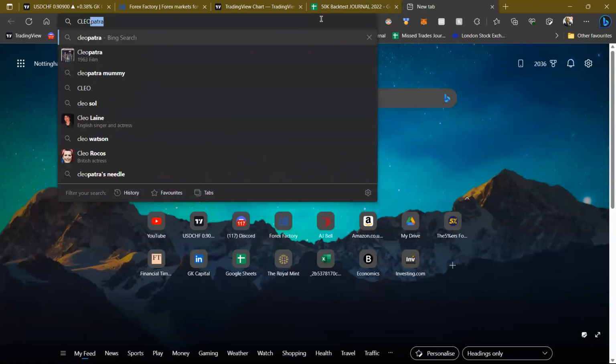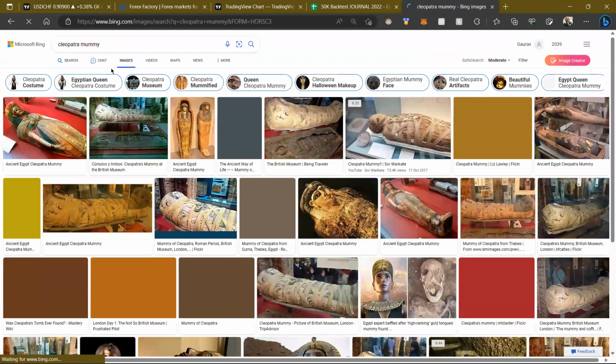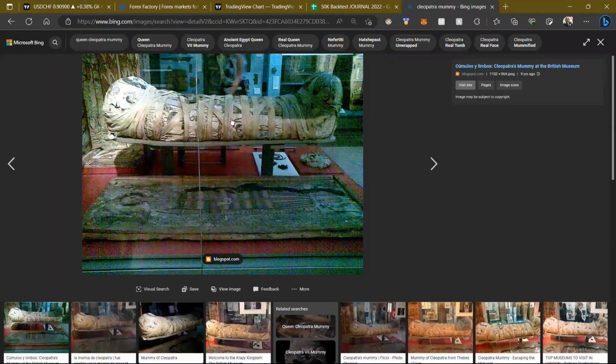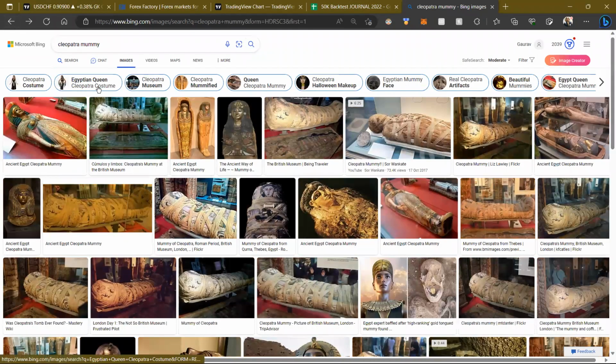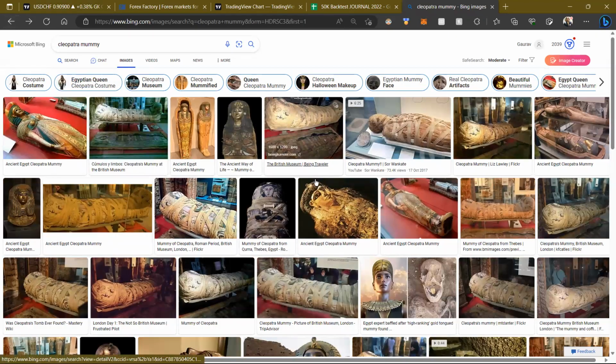Real quick as well, I went to the British Museum today. I don't know if this is going to scare some people, but we saw Cleopatra's mummy, and this is it here. Cleopatra is obviously the Egyptian queen. She's been mummified and it's in the British Museum. Super scary. Today was the first time I've seen a mummy. There was a bunch of things being mummified. There was food being mummified. There was cats. I saw a young bull being mummified. Obviously, young kids. Super crazy. Cool.